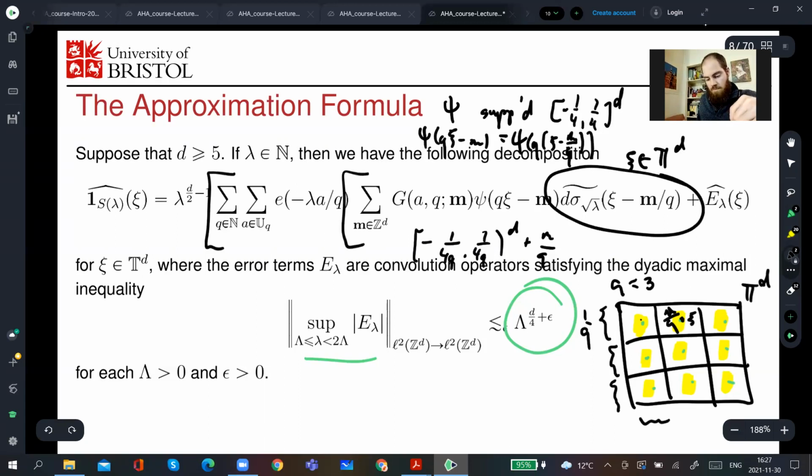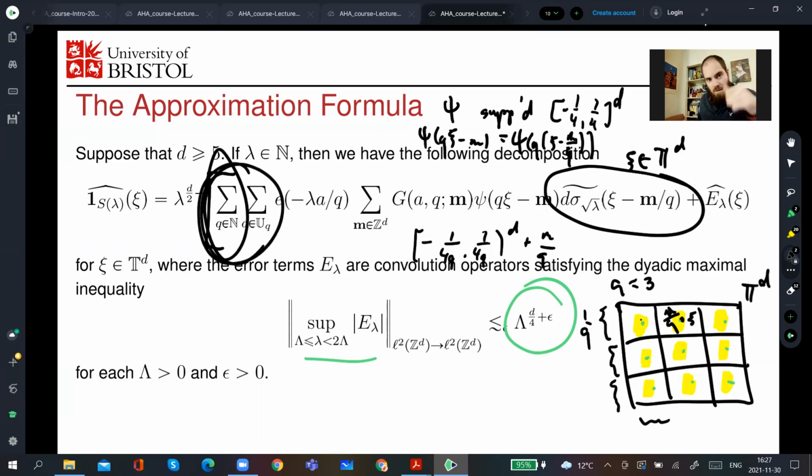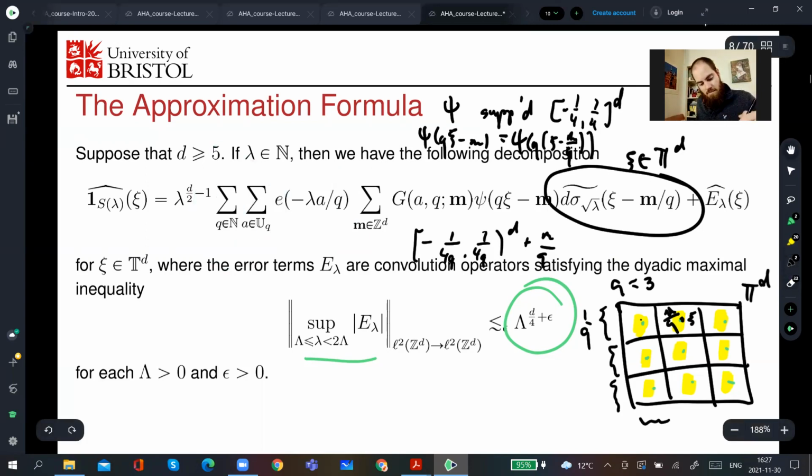No, for the sum in M. So for the sum in M, my point here is that sum actually for every C only contains a unique point M, and all the other ones are zero. Oh yeah, I see. So the real question would be how is there enough cancellation or decay so that this sum is fine when you add them all up. And that we'll get to. Thank you. That's going to take us some work to prove that there's enough cancellation on these.